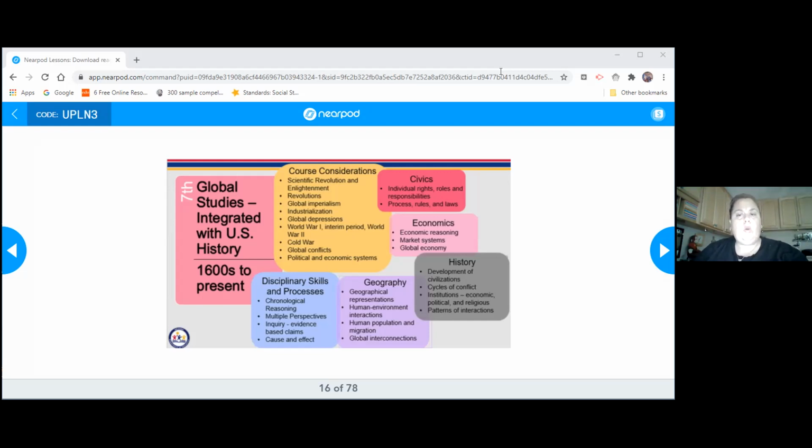But making cross connections with the new standards is easy. The only thing I hope is how ELA is now going to support social studies. Are they going to change up their curriculum to support us? I know they like to read their novels, and ELA teachers don't like to change. Well, that's great, but don't read a novel if it's not on their skill basis.